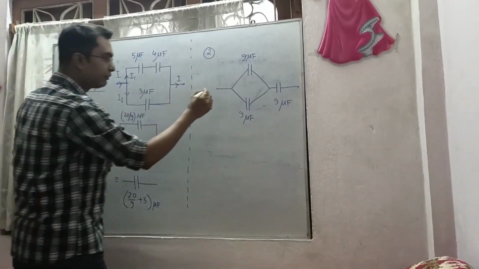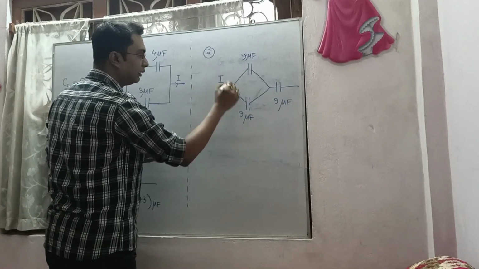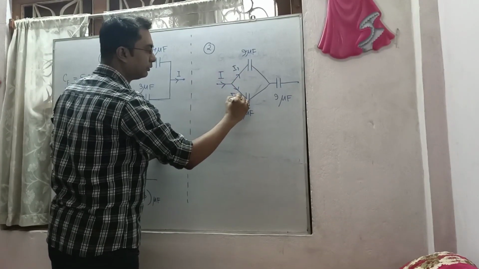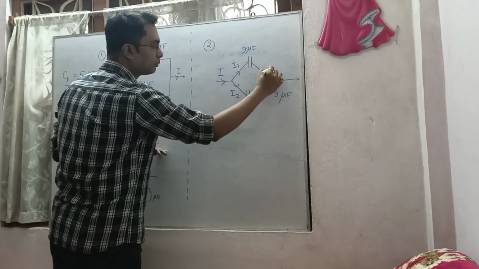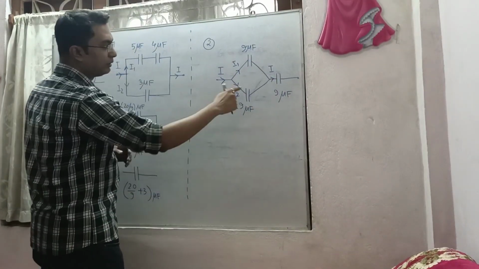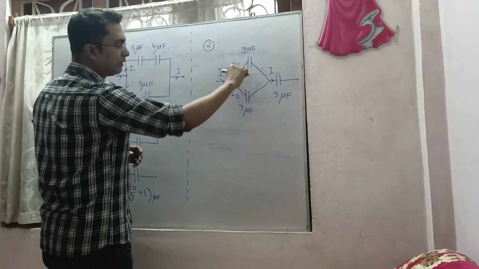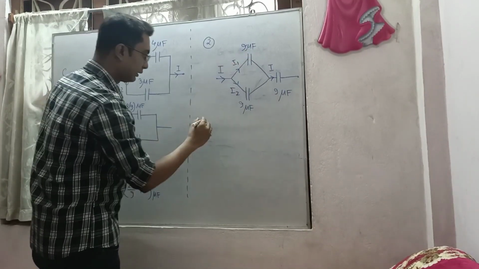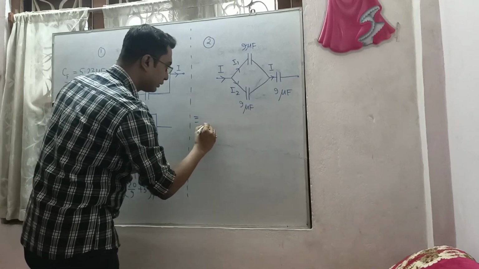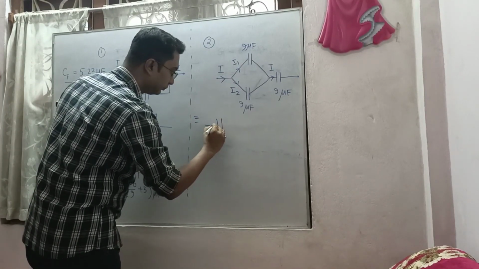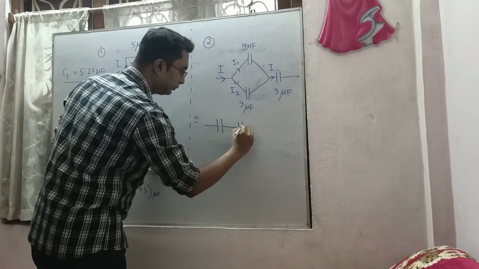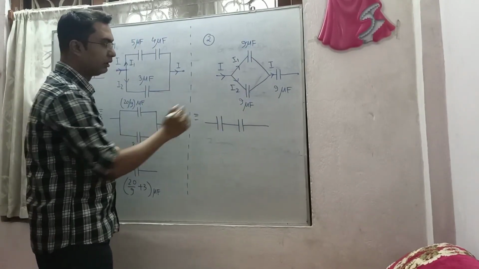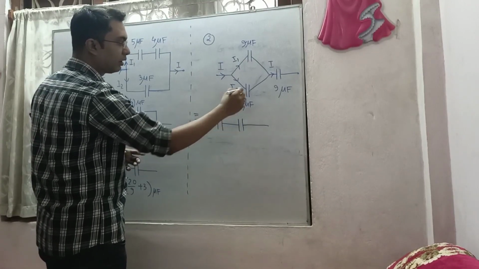Here you can see, if we send a current I here, it will move in two paths, I1 and I2. And I1 and I2 meet there to give current I. So in this case, these two capacitors are carrying different currents, so they will be in parallel combination. So first of all, solve this closed circuit. Our next equivalent circuit will be this. These two capacitors makes this capacitor. That is, this is the equivalent capacitance of these two.